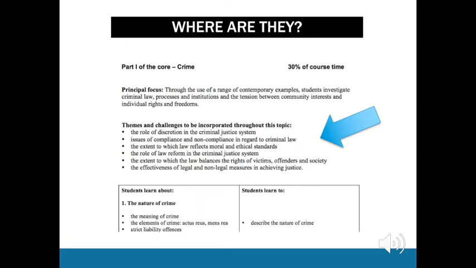That is a really important thing for you to look at. So when you're creating your study notes, you want to be going through and talking about the way they respond to the themes and challenges. When you're writing your essays, your practice essays, when you're jotting down notes, you always want to be looking through it through the lens of the themes and challenges. So that is where they are, that is where you can find them.